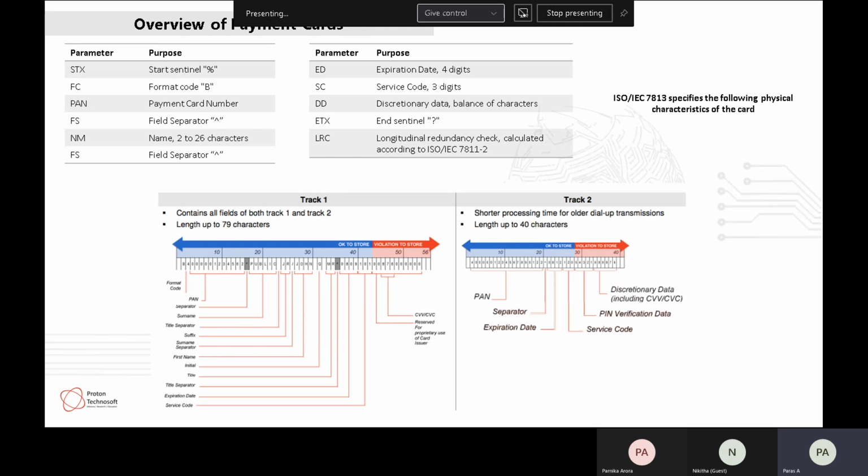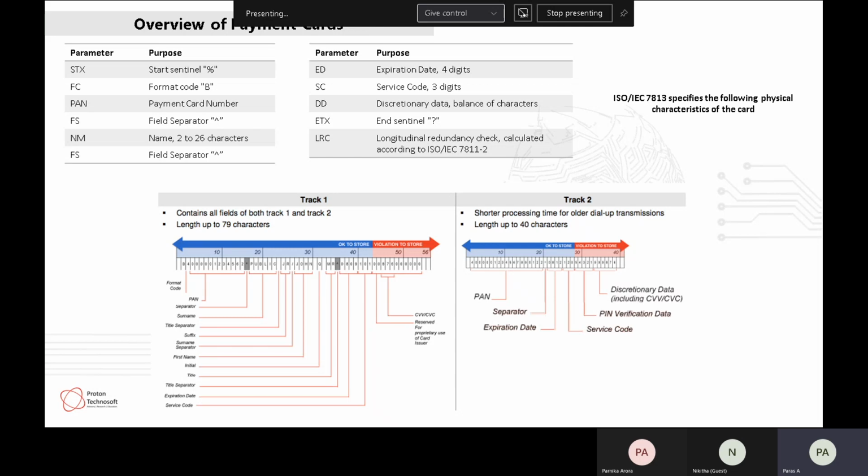The reason for that is that in the older systems, where we didn't have a 4G network or a Wi-Fi network, the software in the PIN entry devices or the swipe terminals did not have a great capacity to connect to an ISP, an internet service provider, and then to the payment network. You are mostly reliant on modems and the dial-up network. So if you are on a slower network, then track 2 data is used. If you are on a little bit faster network, which is the modern network, then track 1 data is used.